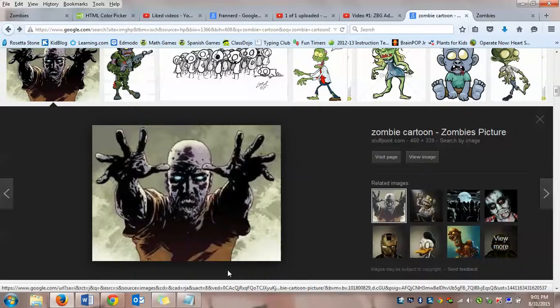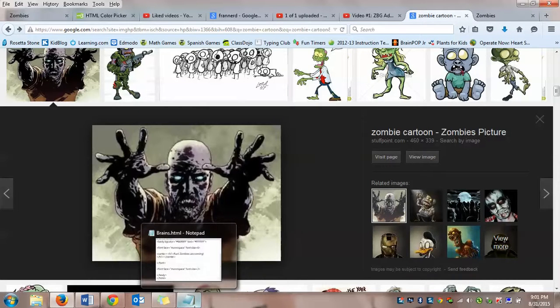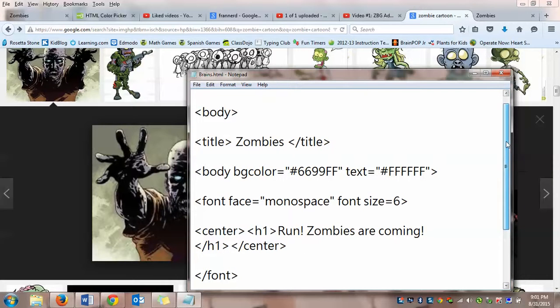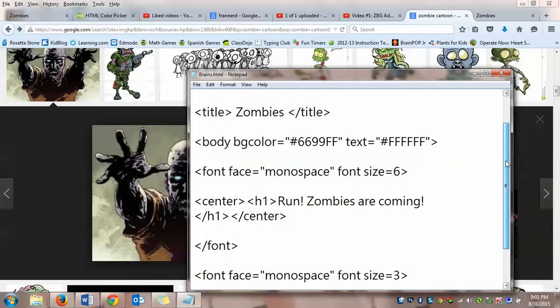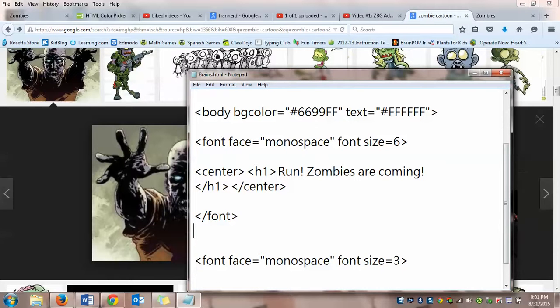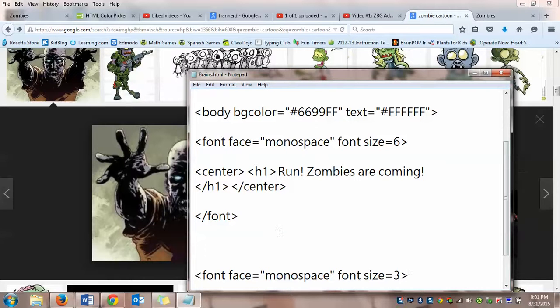Alright, so you're back. That means you've already saved your picture, that picture that you want for your website, into your folder. So you're going to go back to your Notepad and you want to add the picture to your website. Now it's important where you add it, because if you add it in front of your heading, your picture is going to be in front of your heading or on top of your heading, and that doesn't really make sense. So you're going to want to go underneath your H1, underneath the closing font, and I'm going to press enter a few times, twice, and I'm going to type the following: